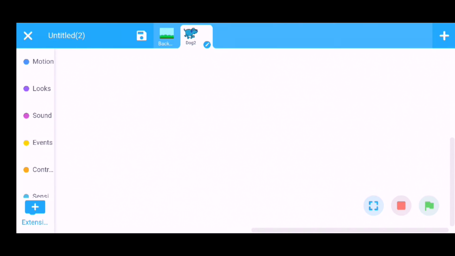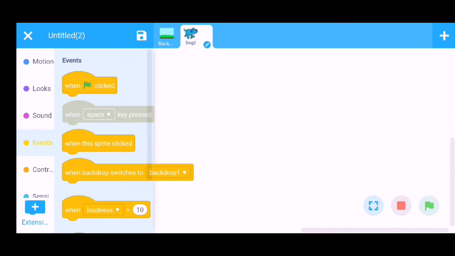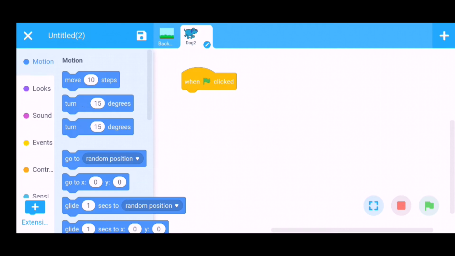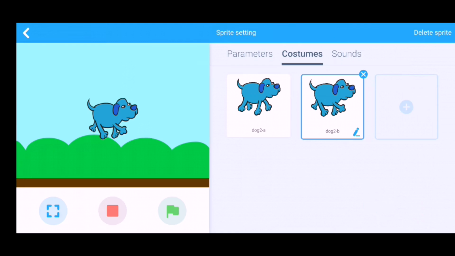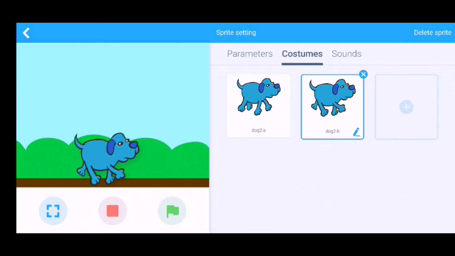Now we will start coding. First we click on the event section. When clicked, then go to the motion section. Decide the initial position of the dog. Let us consider this is the initial position of the dog. That means when you start the game, the dog has its initial position at that point. And also we want to reduce the size of the dog.